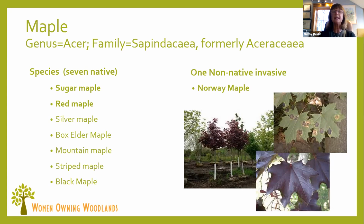It's a rare plant. You'll only find it in the Champlain Valley, perhaps the Connecticut River Valley, but I'm not sure about that. I've only heard of it in the Champlain Valley, and it's rare, so it's unlikely you'll come across it. We do want to point out that we do have one non-native invasive tree called Norway maple, and